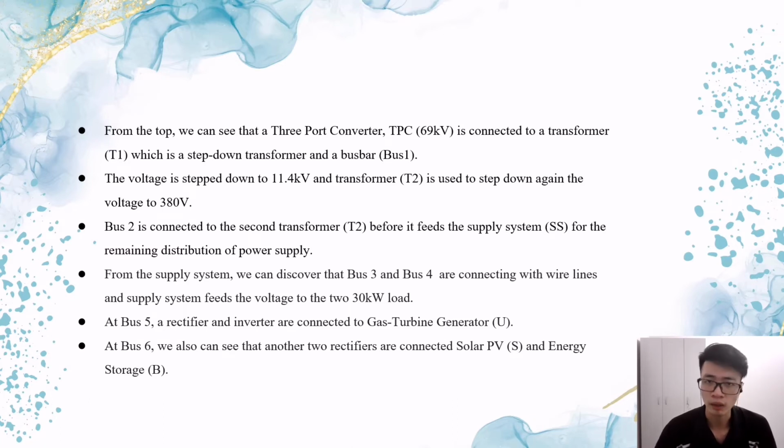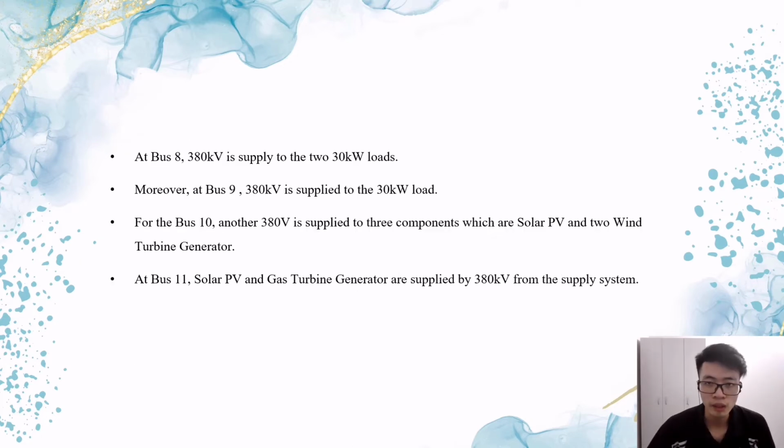On the other hand, look at bus 5, where a rectifier and an inverter are connected to the gas turbine generator U. At bus 6, we can also see that another two rectifiers are connected to solar PVs and energy storage B. The purpose of the rectifier and inverter is that they have the highest possible transformer utilization factor for a 3-phase system. Next, from bus 8, we can see that the supply system contributes 380 watts to 230 kilowatt loads,